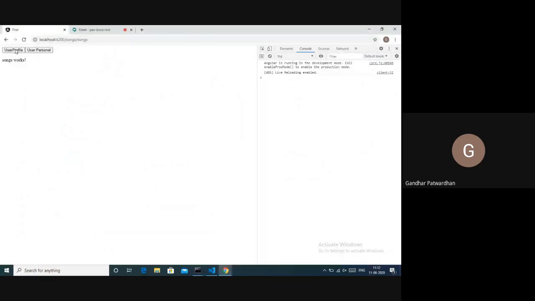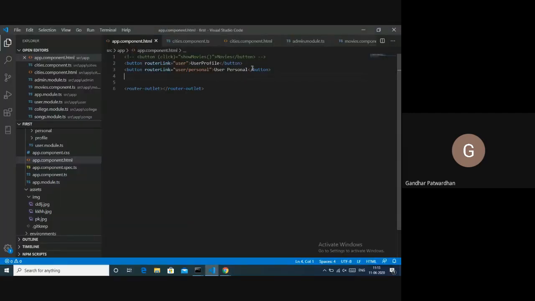Right, now what we got here is user profile and user personal. I click on user profile, it went to user/profile. I clicked on user personal, it went to user/personal. Right, in the same way, let us create a few more buttons. These will be for colleges, these would be for songs.